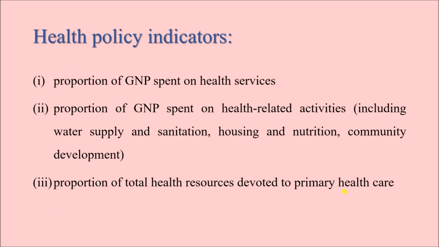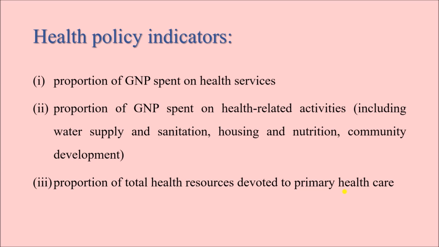And then we have the health policy indicators. What proportion of GNP, that is gross national product, is being spent on health services. This is important because whatever the GNP, it is important that we spend a significant proportion of it on different health services, so that there will be adequate funding and different health services can be provided uninterruptedly. Also different health related activities are there, and what proportion of GNP is being spent on